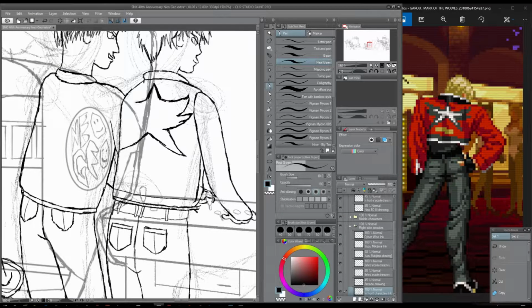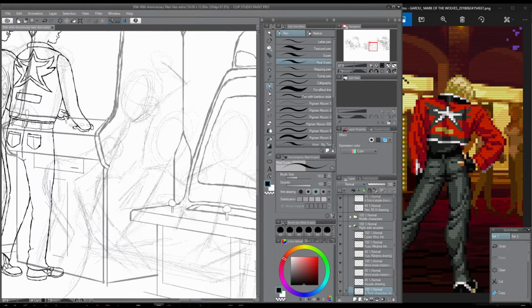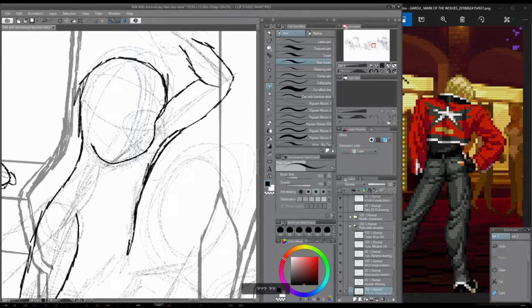And then for Rock Howard, I actually got this screenshot from the PlayStation 4 version of Garo Mark of the Wolves, which I just bought recently. And I thought it would be interesting to try out the screenshot tool on the PlayStation 4, just because I don't use it much, so I should make sure I know how it works. Anyways, though, yeah,